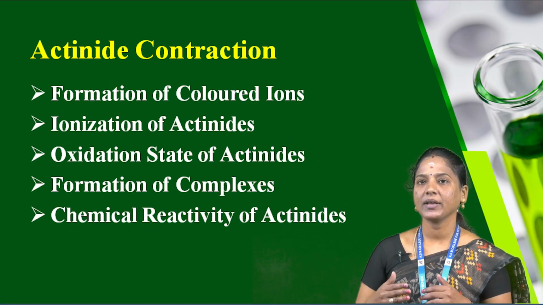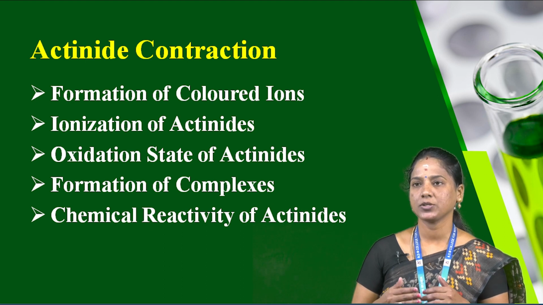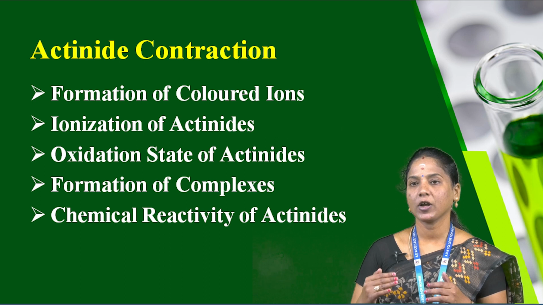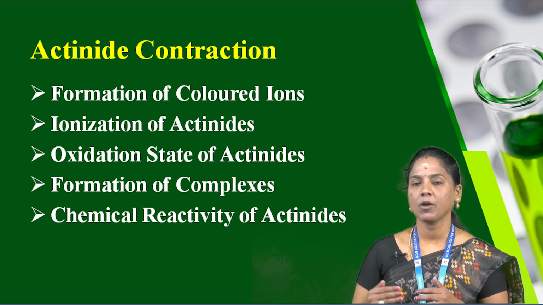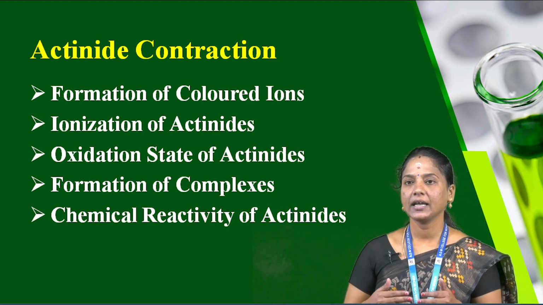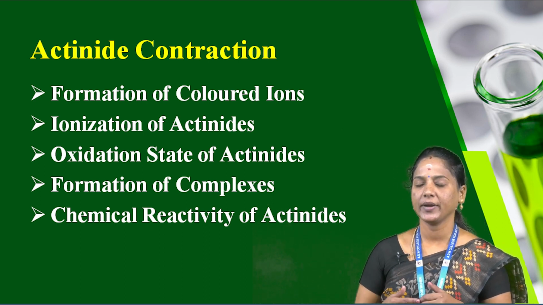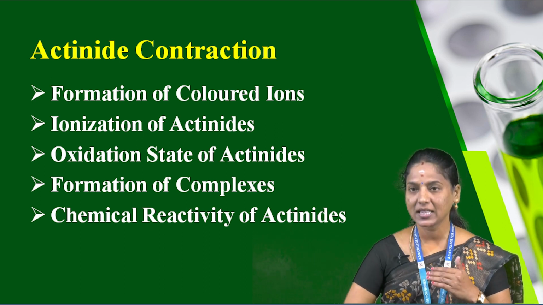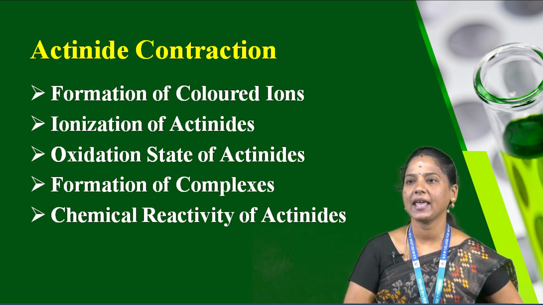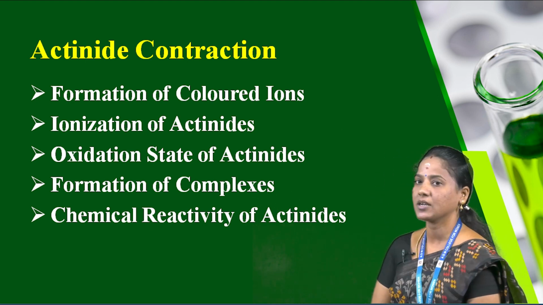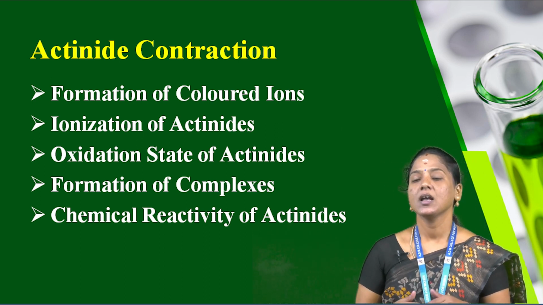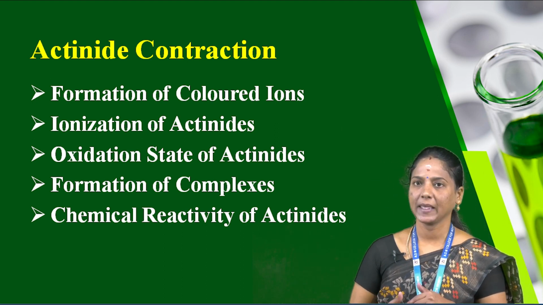The atomic size and ionic radii of tripositive actinide ions decrease steadily from thorium to lawrencium due to the increasing nuclear charge and the electrons entering the inner (n-2) f orbitals. This gradual decrease in size with increasing atomic number is called actinide contraction, like the lanthanide contraction. Because of the very poor shielding of 5f electrons, the contraction is larger along the period.